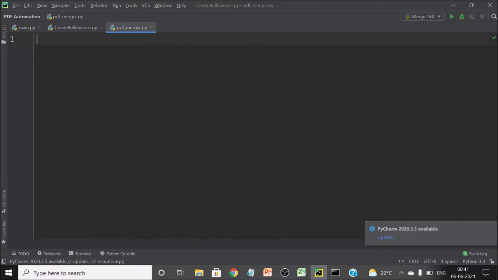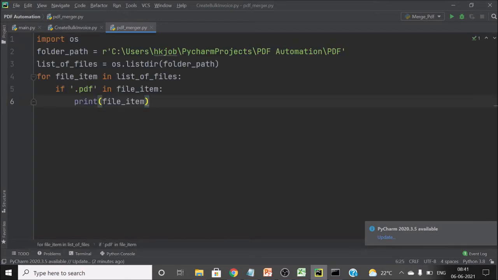So the first step is that I have to see if I am able to go through each file inside the folder or not. So here I have taken the entire path of the folder where I have kept my files. Then I am using the OS library, and I will first print all the file names to ensure that yes, we have accessibility to all the files. If you are using any folder inside the project, then you can just give the path of that folder, like.